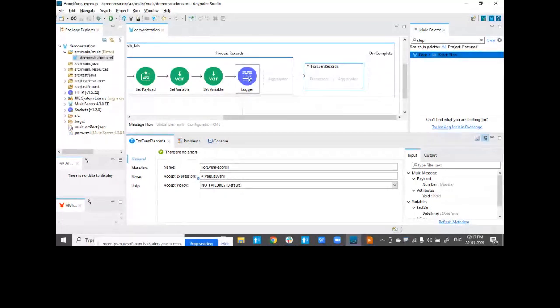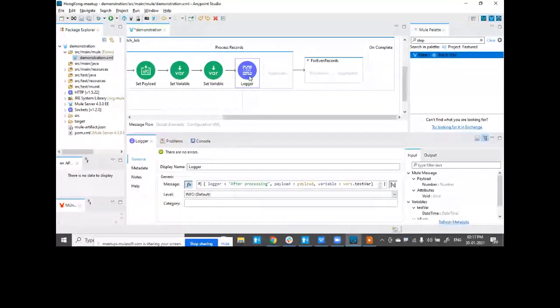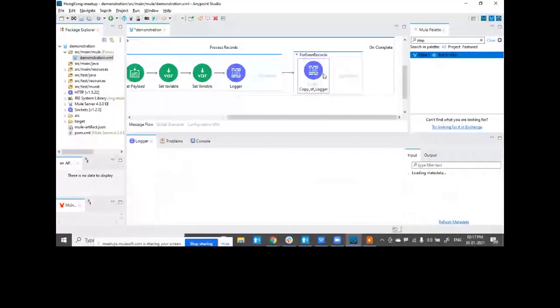Let me move this logger, and I'll say inside batch step 2. And I'm checking what is the payload and the variable value that I'm getting.